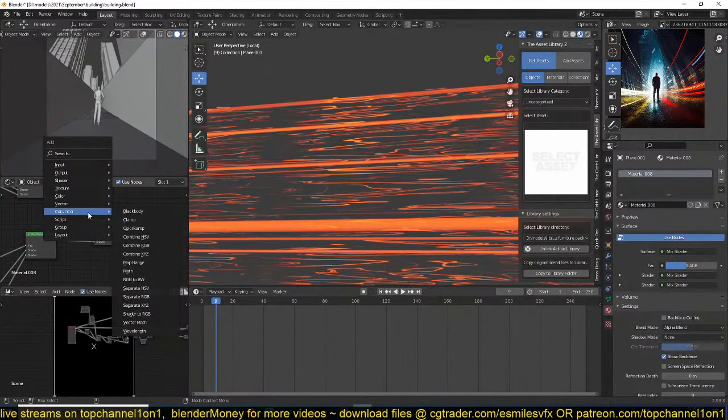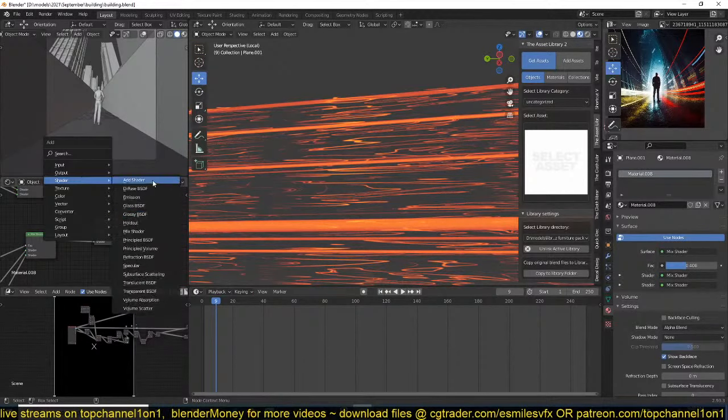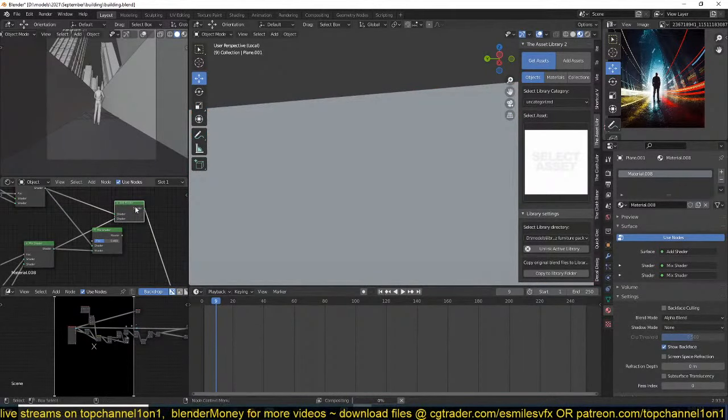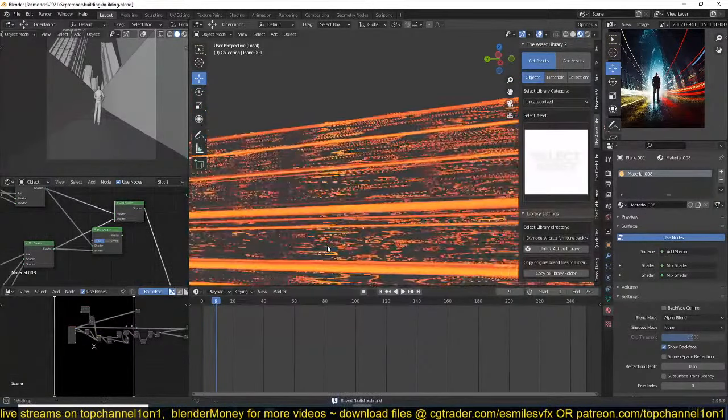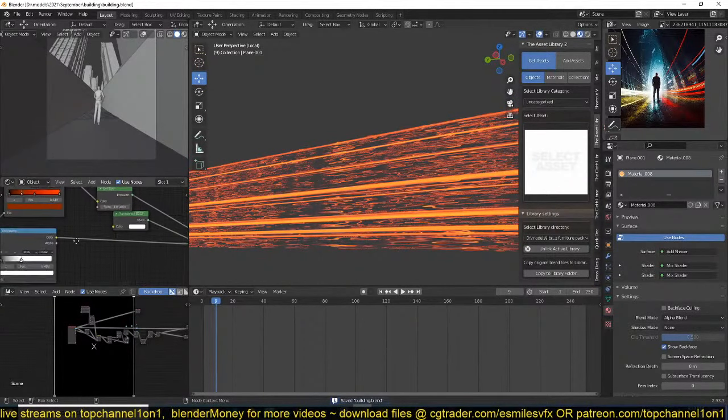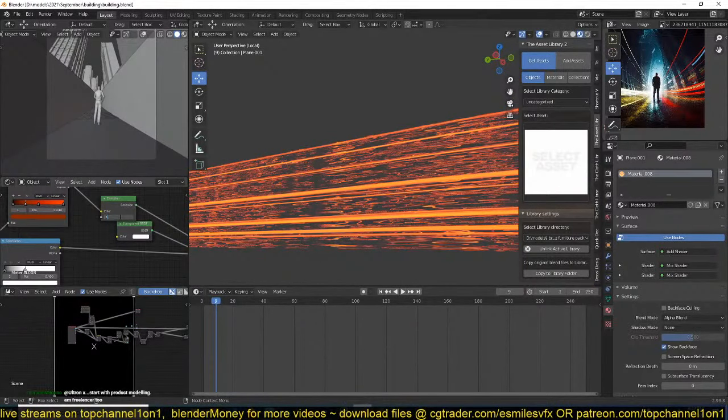I want to use the add shader just to blend these two materials. This can be